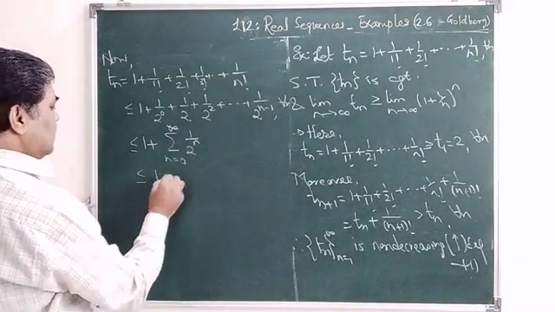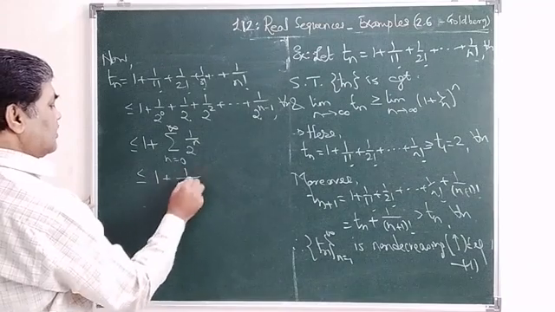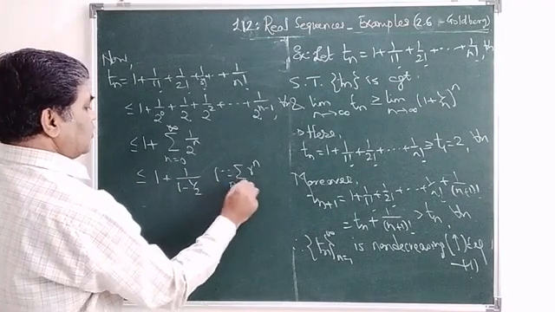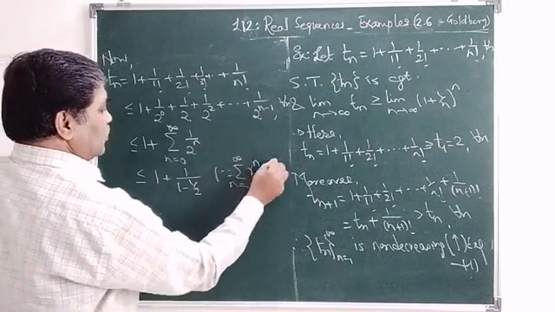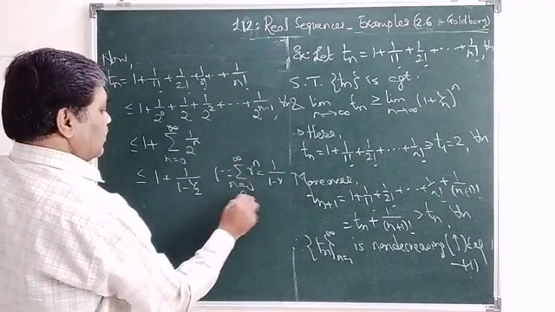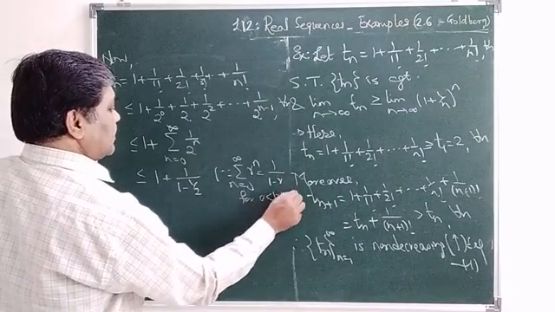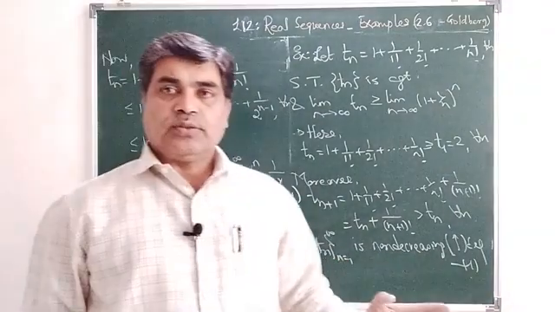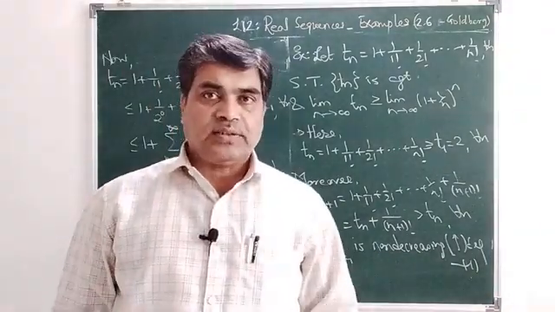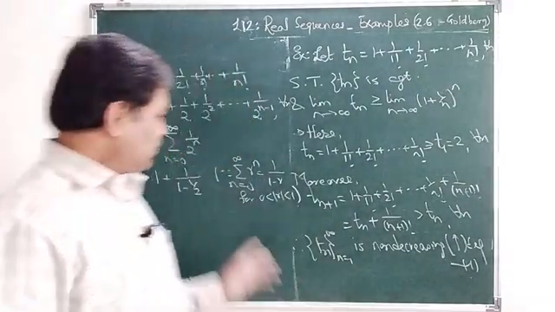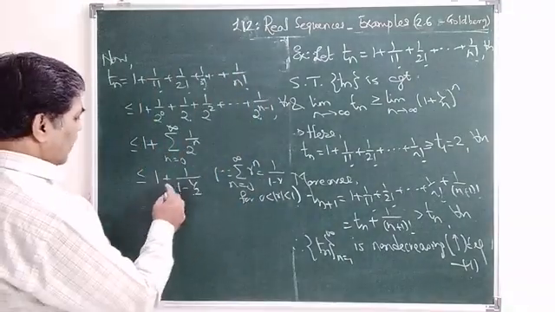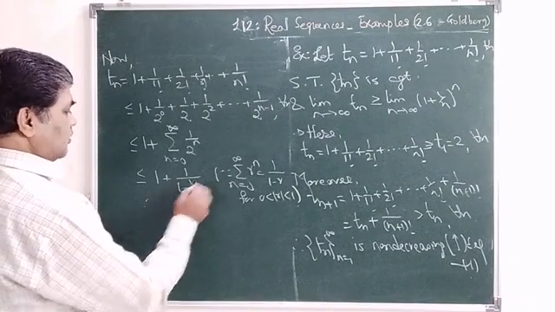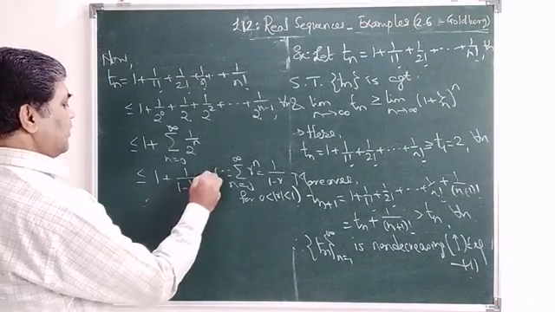This is less than or equal to 1 plus 1 upon 1 minus half, since summation of r raised to n, n equal to 0 to infinity, is equal to 1 upon 1 minus r for 0 less than mod r less than 1. So this result we have studied in geometric progression in 11-12 standard. I am just using that one, and it is nothing but 1 plus 2, which is equal to 3. By simplifying we will get this. Okay,